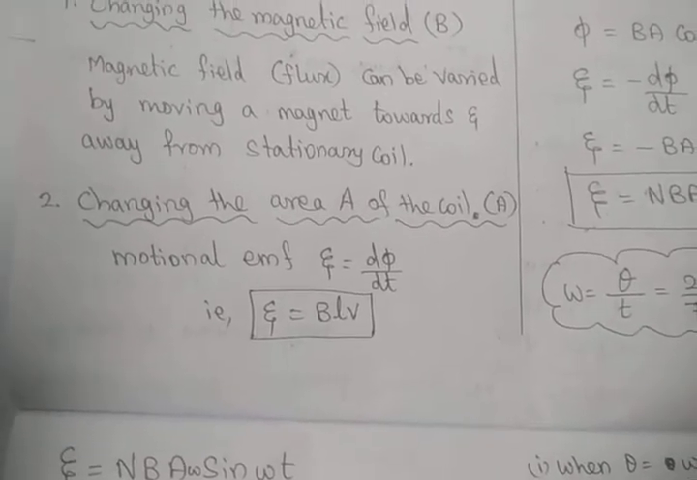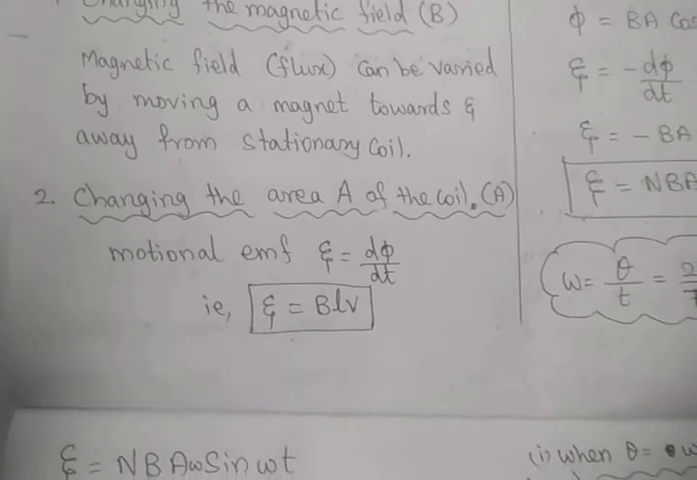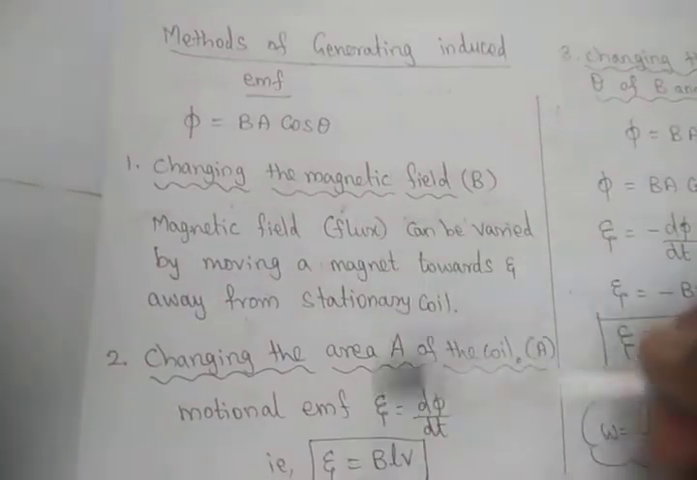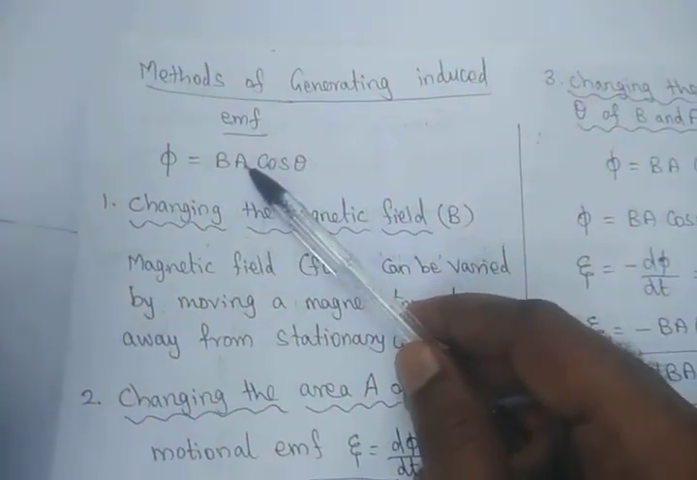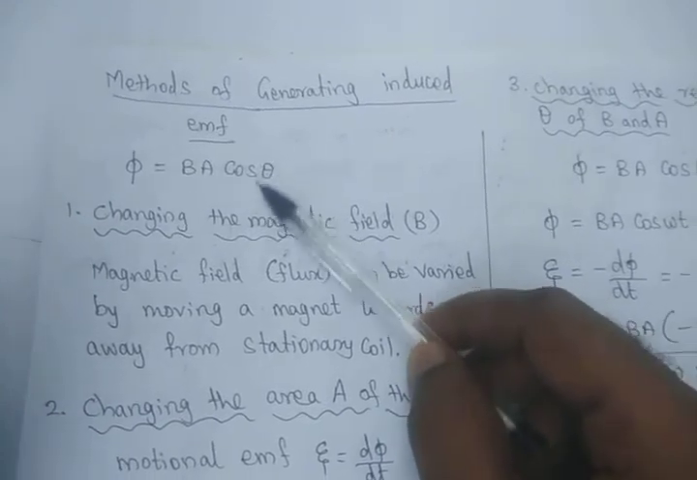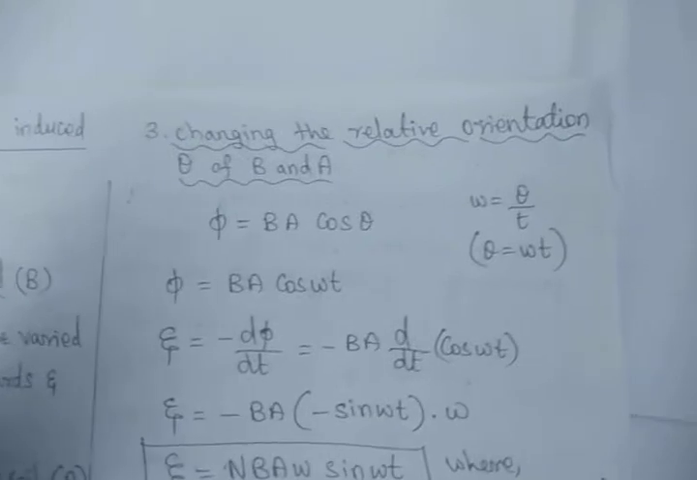That motional EMF is equal to d phi by dt, and the answer we arrived at is equal to BLv. So these two conditions, change in magnetic flux and change in area, we have already seen in detail. Now we are going to study in detail how to change the theta value, changing the relative